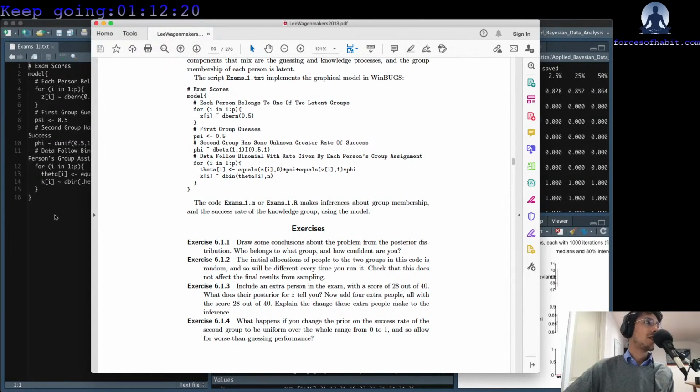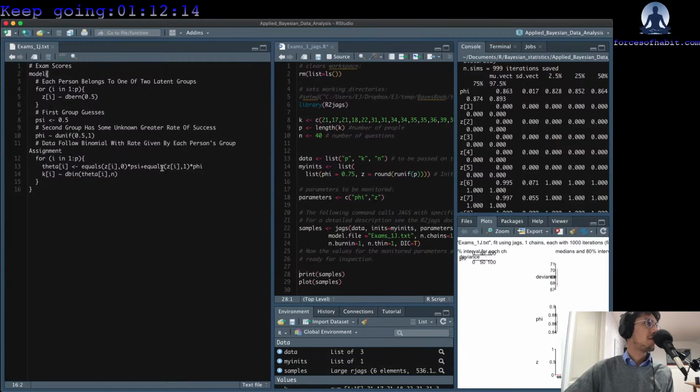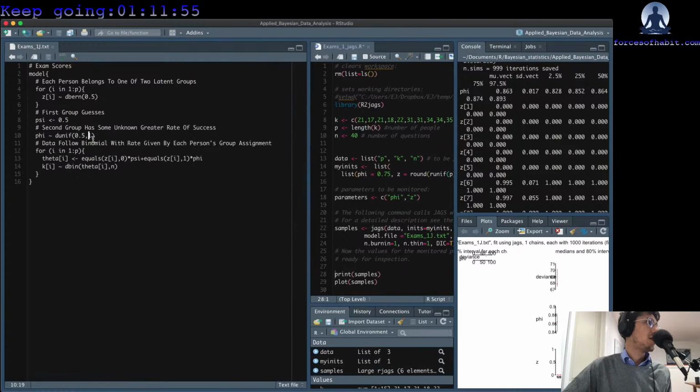Let's take a look at the code for the JAGS model, because I'm curious to see how they went about coding this up. So we have a for loop here for each person. We have Z, which is distributed as a Bernoulli 0.5. The first group is guesses, the second group is the rate of success. It's uniform. And we have a Bernoulli distribution for the success rate where for a given person, theta,